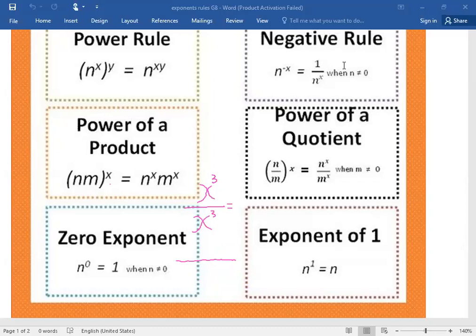X to the power of 3 means what, grade 8? It means x multiplied by x multiplied by x, right? And x to the power of 3 in the denominator equals how many? It equals x multiplied by x multiplied by x, right? If you divide, you imagine that you are going to divide this group,